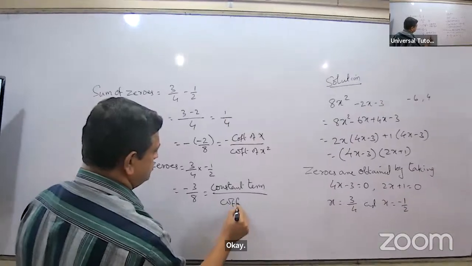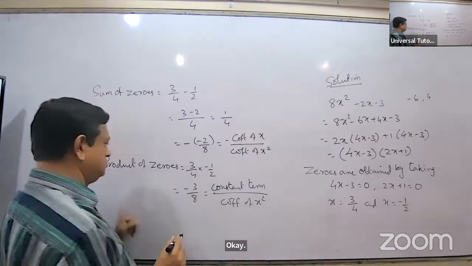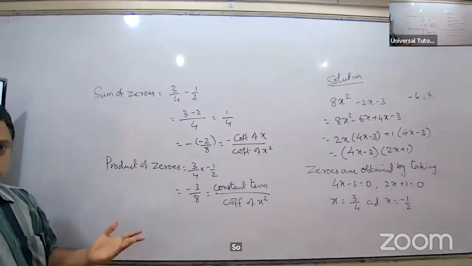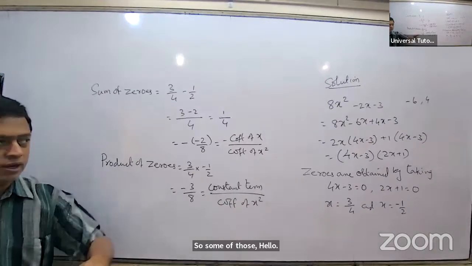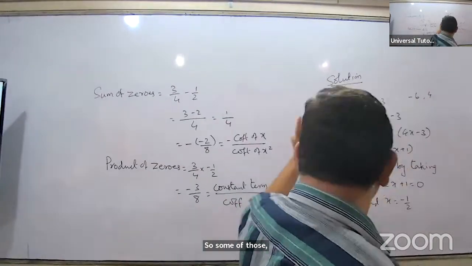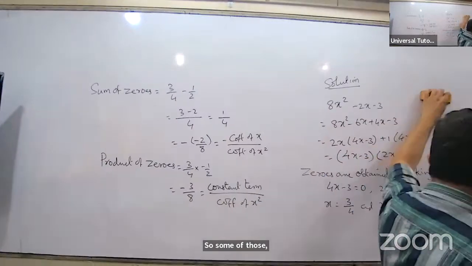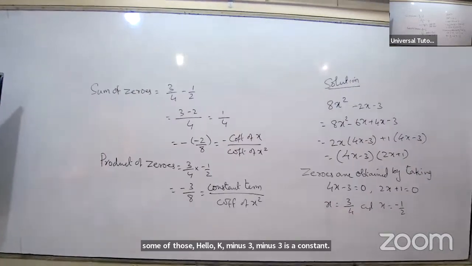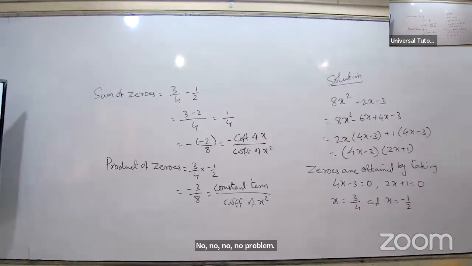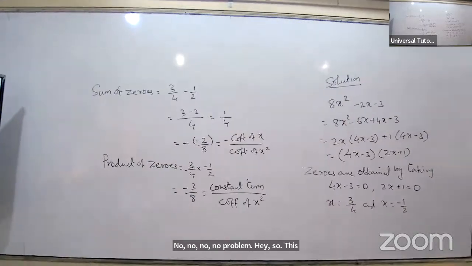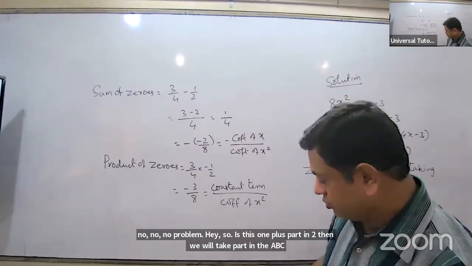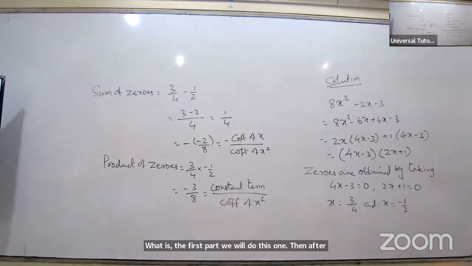By coefficient. The sum of zeros formula, I got the product of zeros. It's a verification. Minus 3 is the constant term divided by the coefficient of x squared. Have all of you followed? Any problem? Okay. First we will do this part, then we will take what is ABC, what is alpha plus beta. Then after that we will come to the next. So come to the exercise